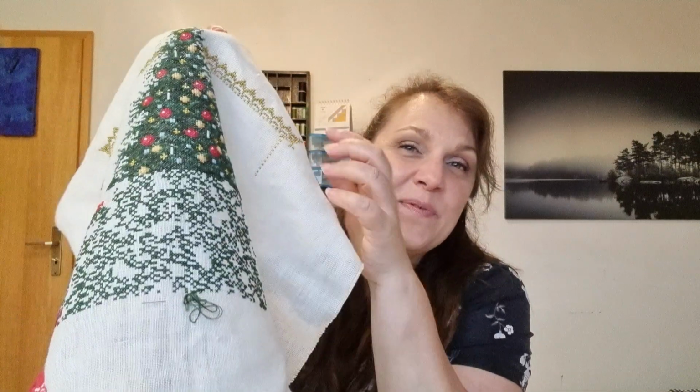So I do like the pattern. It's just a lot of work. But we're getting there, and it's so pretty. It's totally worth it. So there is that. Okay. So then what I worked on for my Saturday stitch, and I will admit I worked on it on